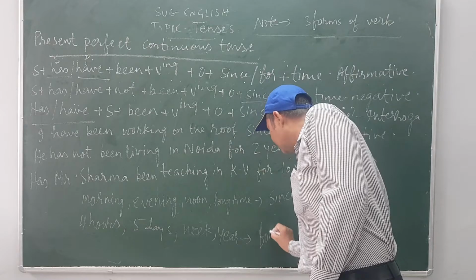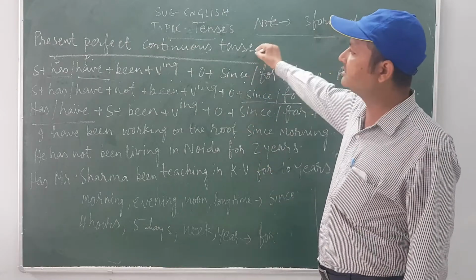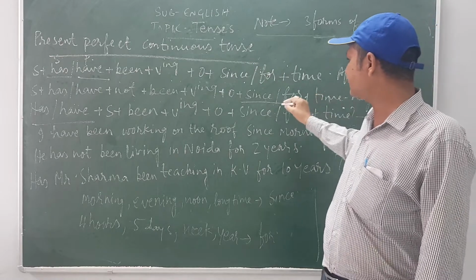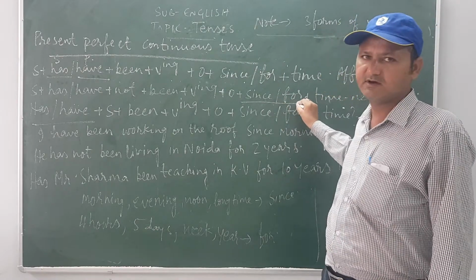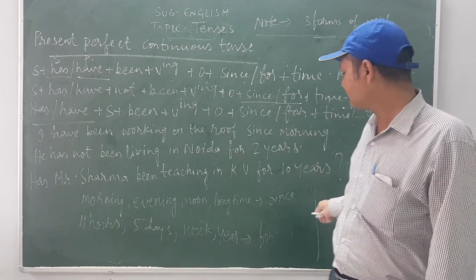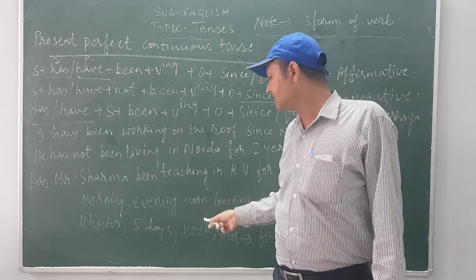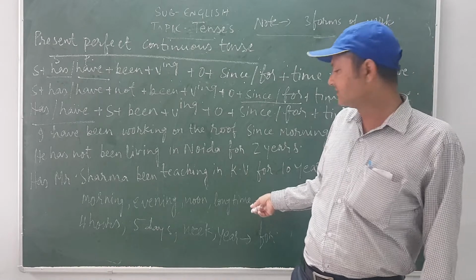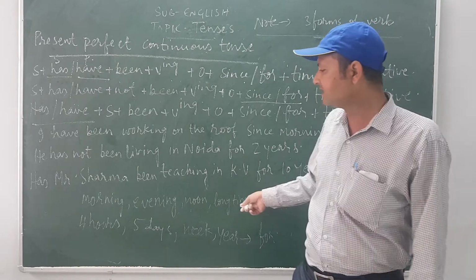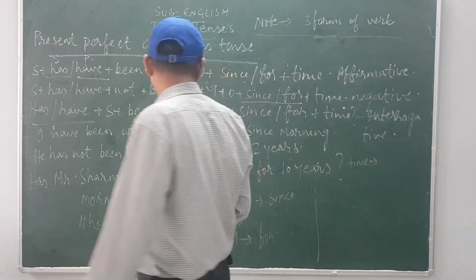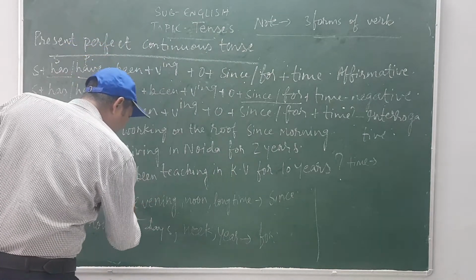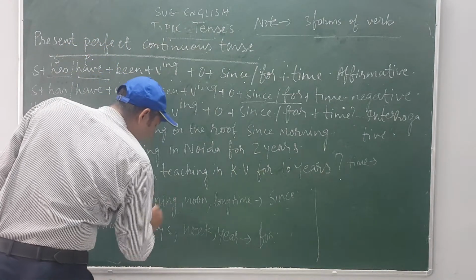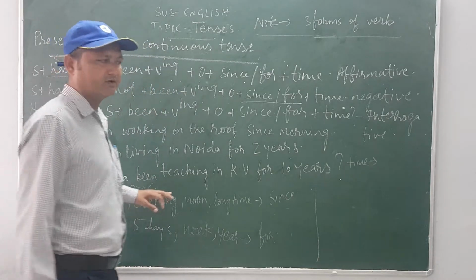It is a very simple way to understand how you are using since and how you are using for in the present perfect continuous tense. And the condition is very easy. If the time is becoming plural, then you will have to use for. And if the time is not going to become plural, then you will have to use since. So many examples are given to you, and many more are here, like since 2005, this is also a time for you.